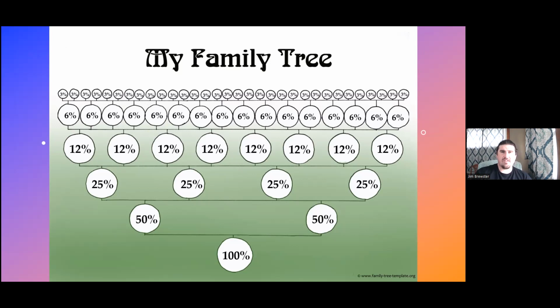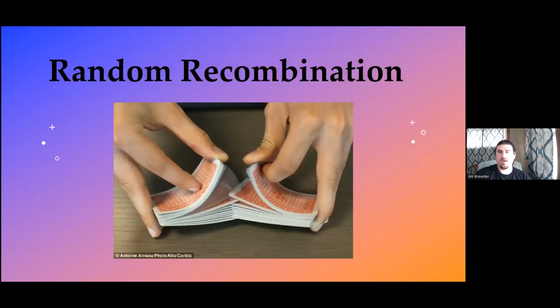But this sort of DNA isn't exactly the 50-50 split that I'm describing here. It goes through a process that we call random recombination. An analogy I like to use for that is, say that your mom is a deck of cards and your dad is a deck of cards. You shuffle those two decks together, you take half the deck. That's what you get. You shuffle those two decks together again, you take another half of the deck, that's what